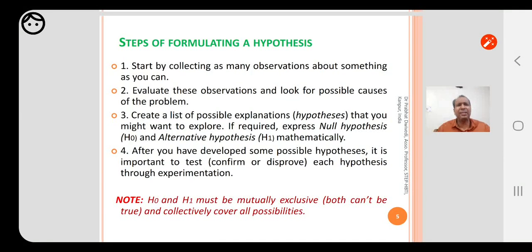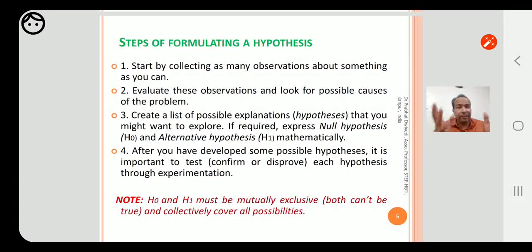Now, let's see what are the various steps used in converting a research question to hypothesis. As I told you earlier, initially there is a problem which a researcher comes across.